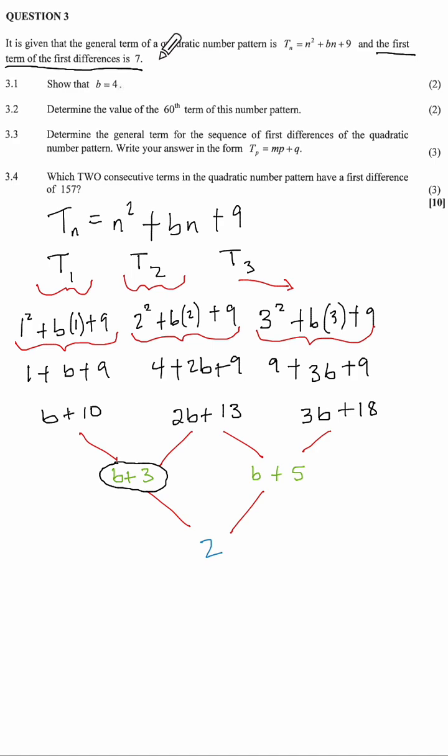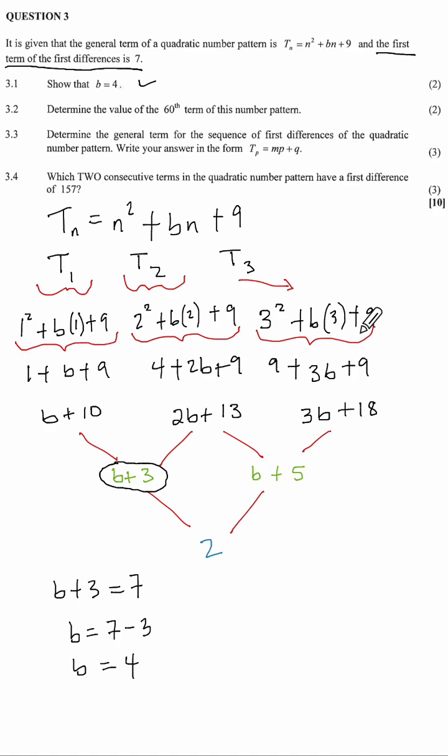So if we have been told that it's 7, we can take b plus 3 and equate it to 7. So we can say b plus 3 is equal to 7 because we have been told that it's 7. Then here we solve for b. I would transpose 3 to the other side. So that is b is equal to 7 minus 3. So b is equal to 4, which is what they want us to show on this question here. So that's how we solve